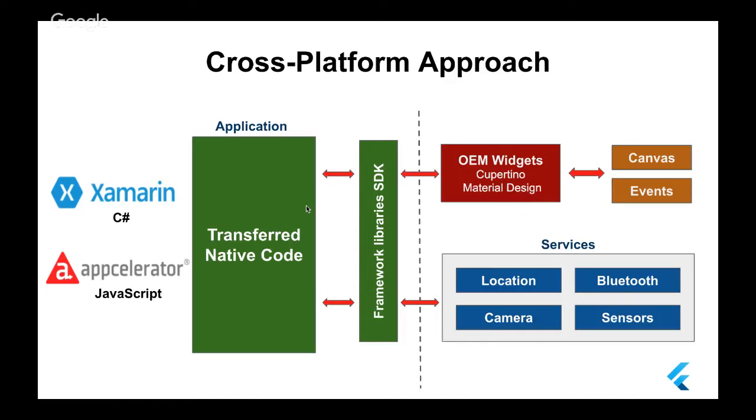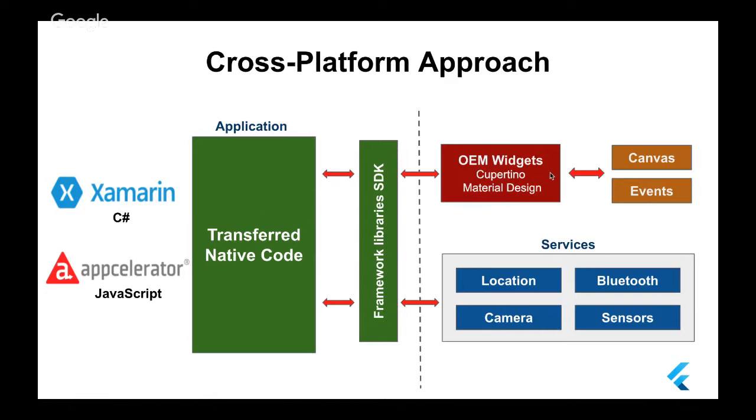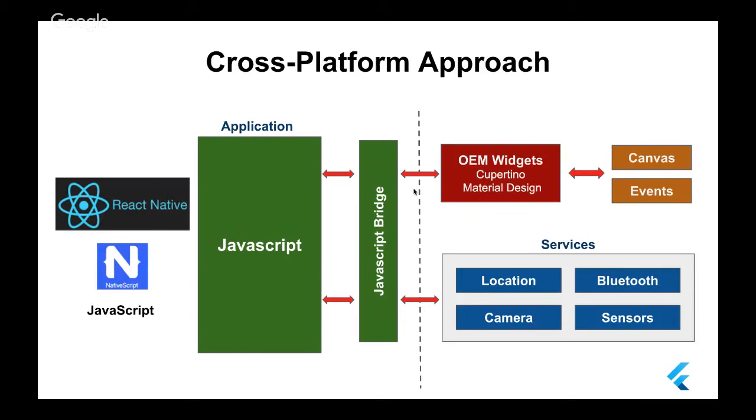After this approach came, and after its problems with there being an SDK bridge or SDK framework between my code and the user interface widget system, Facebook came with a new tool called React Native, and it extends the React.js approach that Facebook used to build their Facebook.com website. How does it work? You write your code using JavaScript, and they transfer or compile the UI part of your code to the native OEM widget system of the operating system.